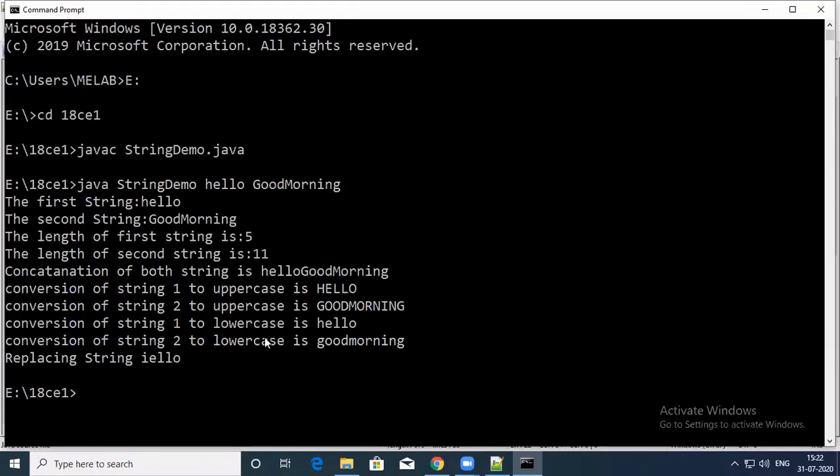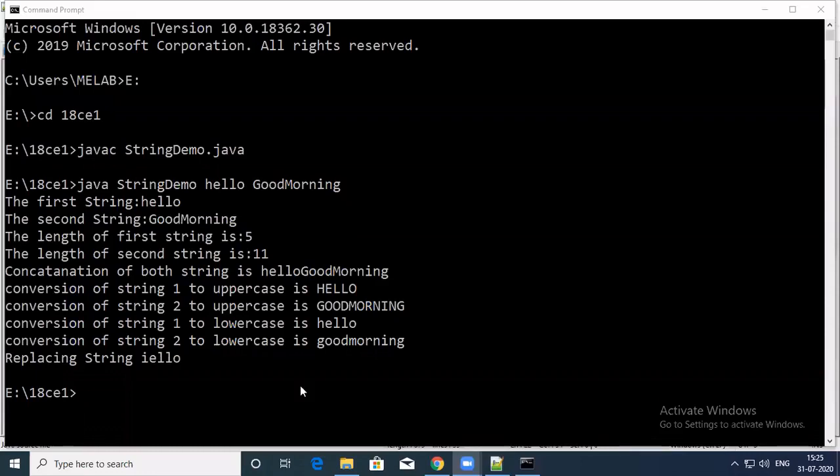Same as for lowercase, we get the small letters. And at the last, we replace I in place of H. So this is the final output of the program, which shows how to use the inbuilt functions of the String class.